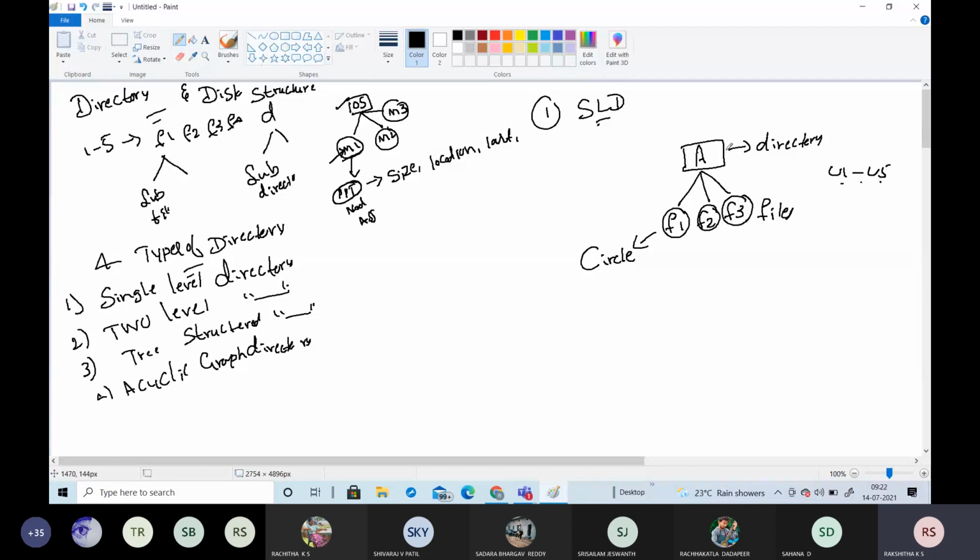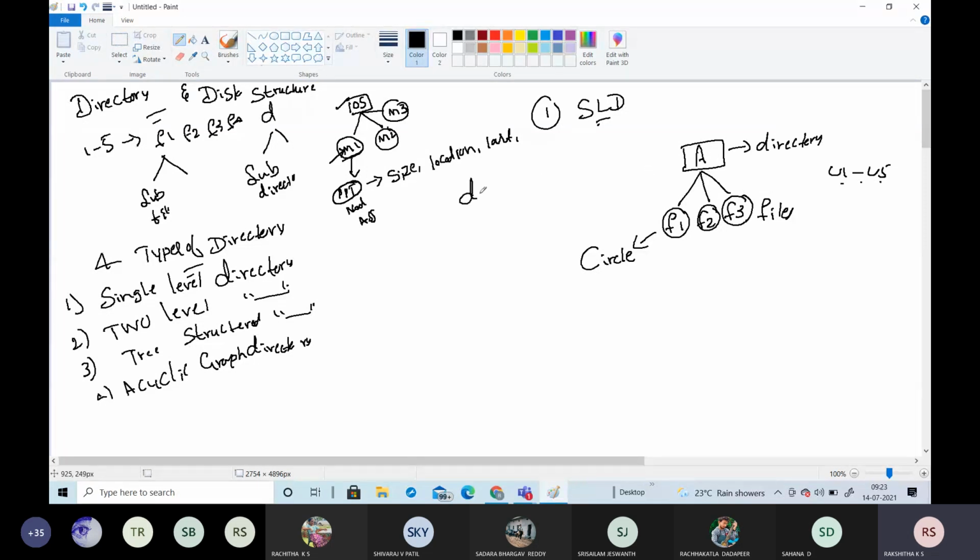We represent the directory with a square and the files with circles. One main advantage of the single level directory is that it is very easy to implement. By looking at this diagram, it is easy to implement: there is only one directory and the files in it.